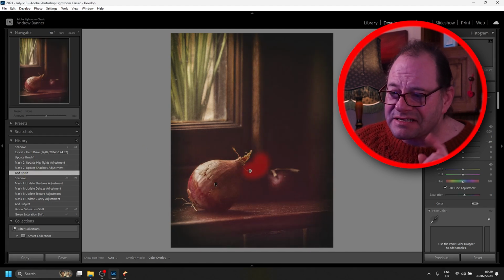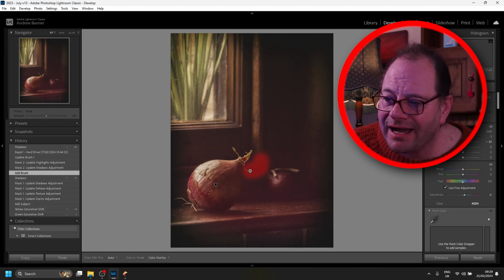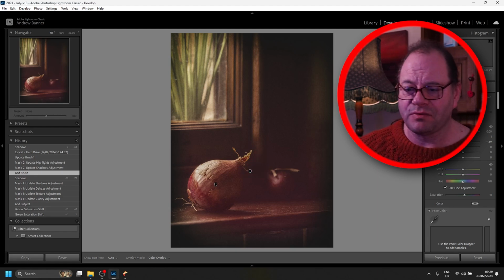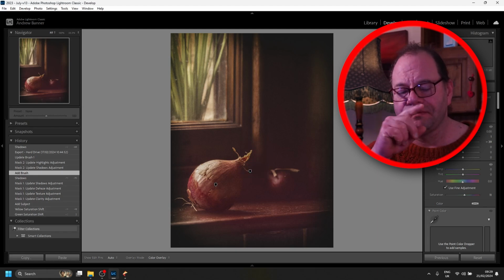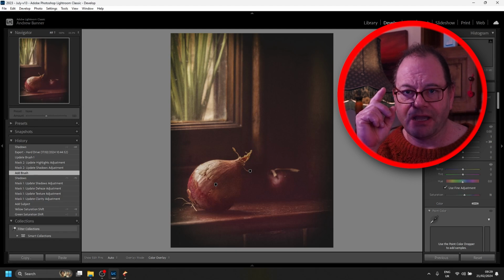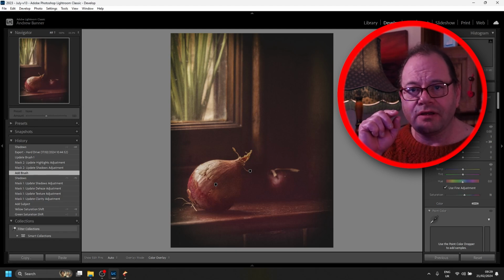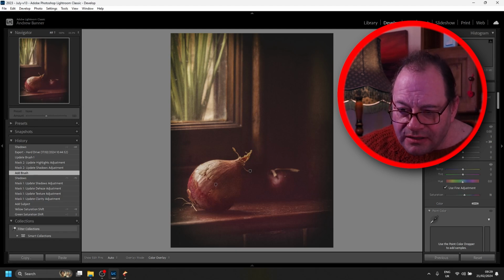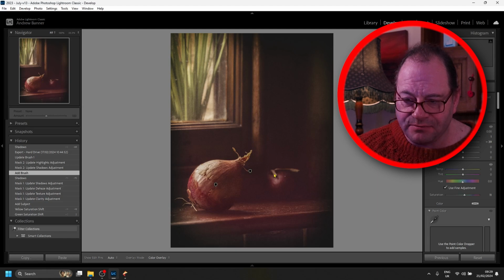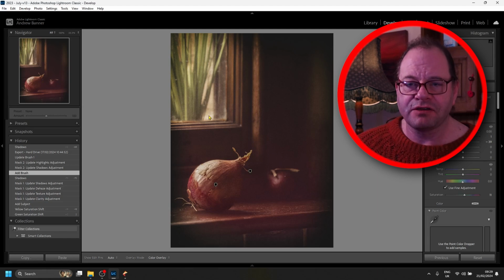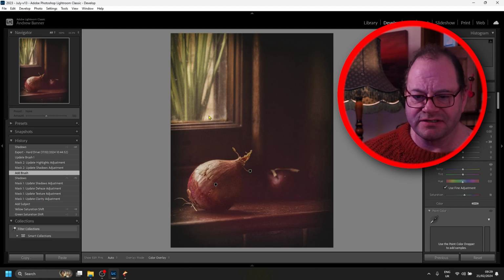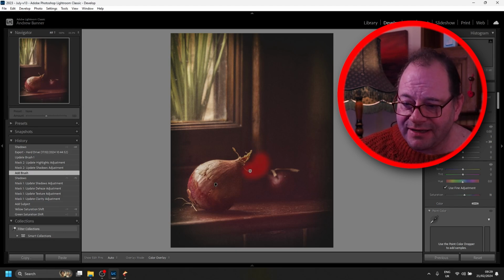That's not all. It's here. There we are. Now this is an interesting one. So if you go back to the original shooting of this, I point out that this corner here I want visible. But in my processing, what I've managed to do is darken it down to such a point where it's virtually invisible. So what I've done here is I've added this brush